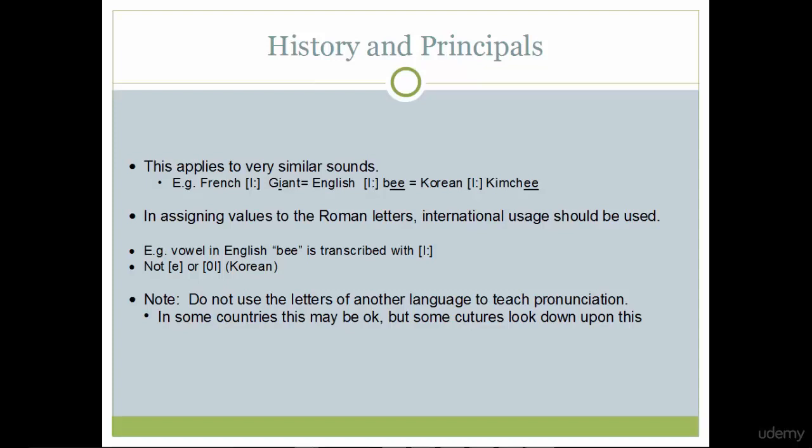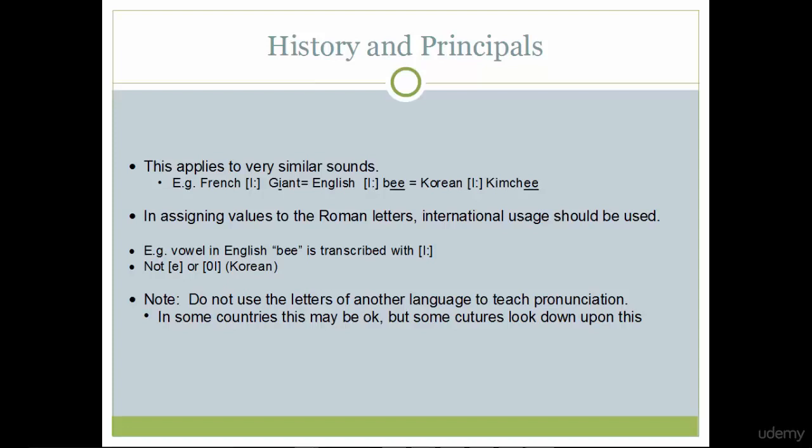What you want to remember is don't use the letters of another language to teach pronunciation, because in some countries this may not be okay and the cultures will look down upon this. Korean is one of those languages. If I was to show the E sound as the circle I, many Koreans would get upset because it's not a word. Or if I were to say, when you speak, you say beach. So B-E-A-C-H, B-E,